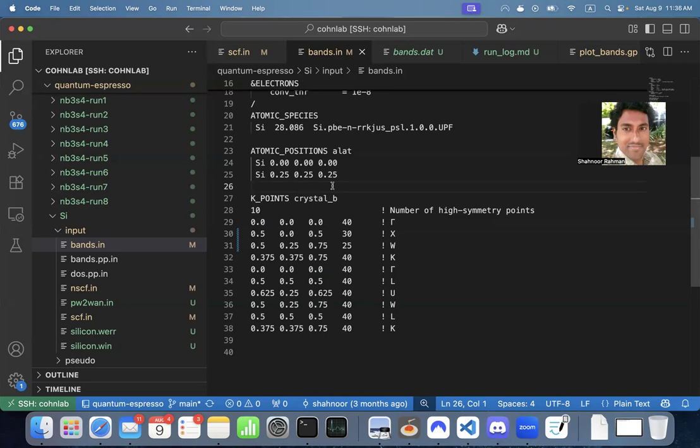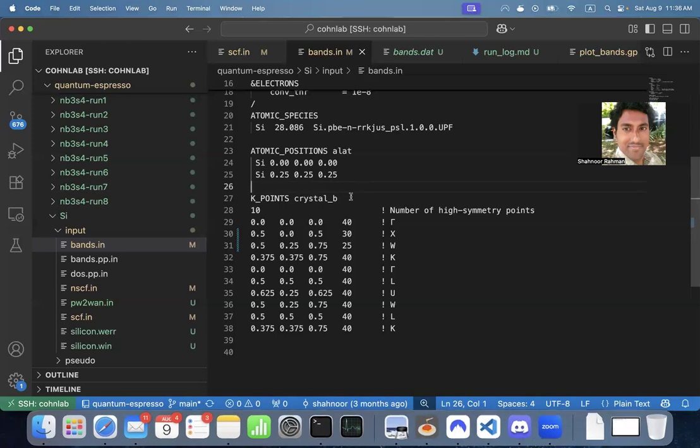Electronic bands. Okay, I can't seem to find that file. So what we need to